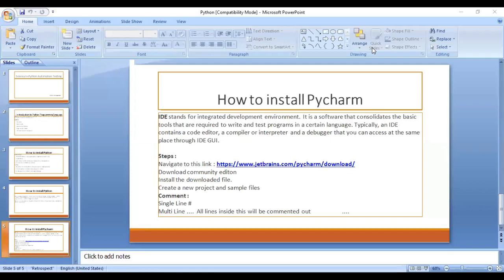Hi everyone. Welcome to the Selenium Python training program. In the last session, we saw how to download and install PyCharm, along with how to configure the editor. Now, let us try to create a small project within PyCharm,